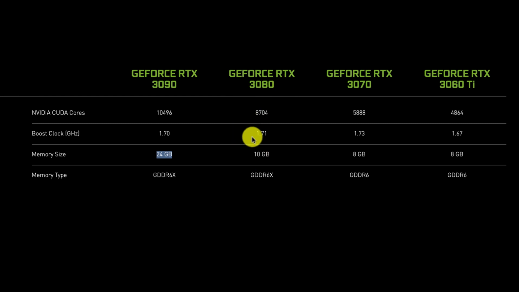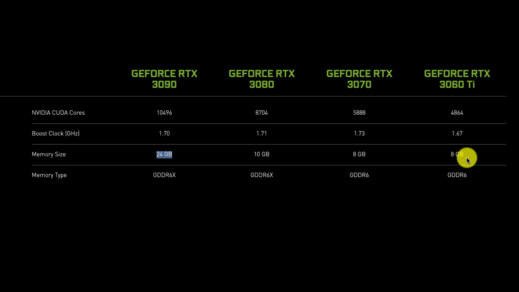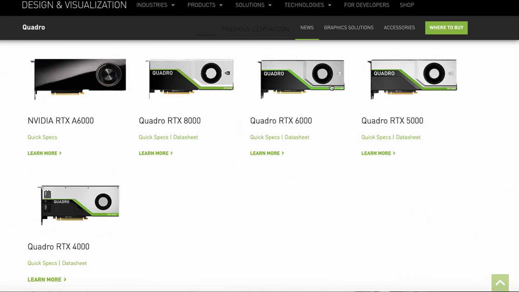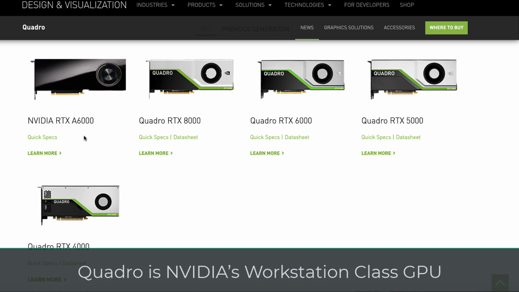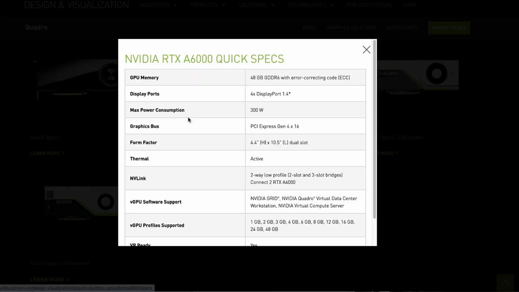Now, if you're just getting into deep learning, you can probably scale your needs back and you can fit into either of these. I'm glad to see even the 8 gig on both of those. If you're constructing basic neural networks like would be in my course in deep learning, you'd probably be fine with the 8 gigabytes. Now, when you're talking Quadro, memory is not generally a problem. If you look at the quick specs on like the new Ampere, the A6000, it's got 48 gigabytes of RAM. I mean, that's insane. That is well bigger than most things that I would need for this.